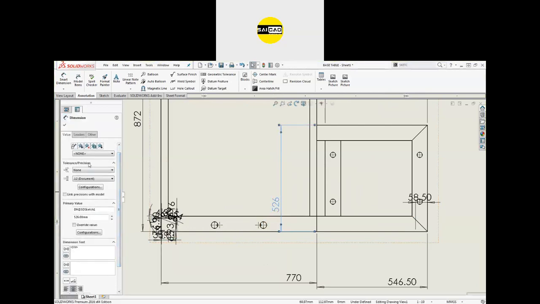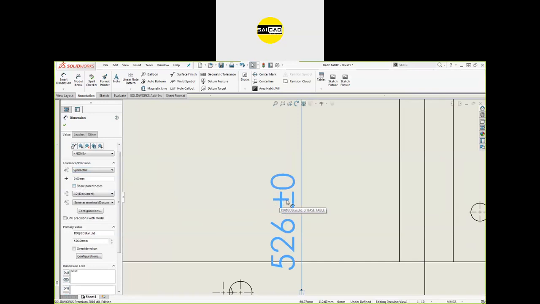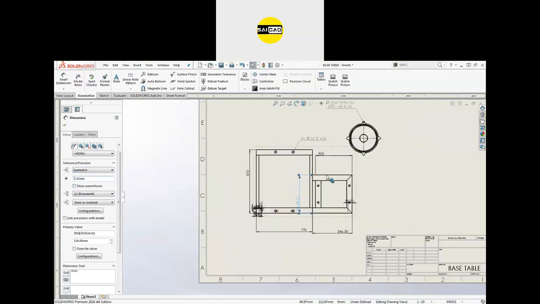You will see there is a tolerance precision. You can define that like I want to define that basic, or I want to define that symmetrical. So if you see here, you will see a plus minus value, so the symmetrical here. So that will be 0.1, and you will see we have a tolerance defined to the dimension that is plus minus 0.1 here.